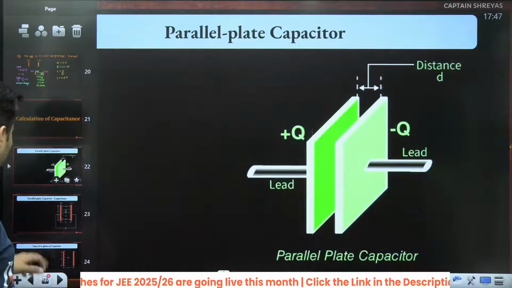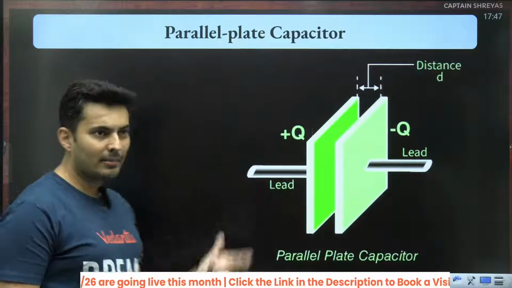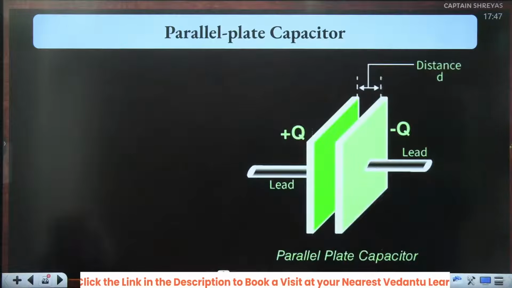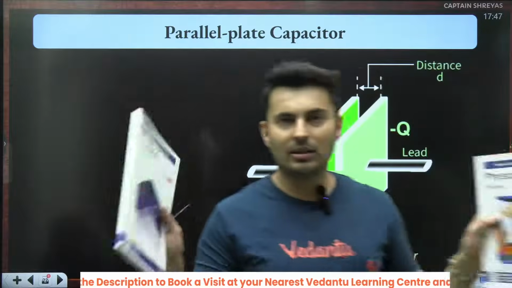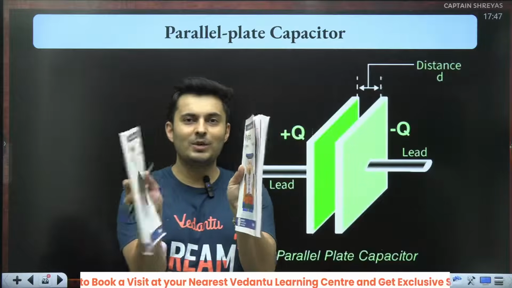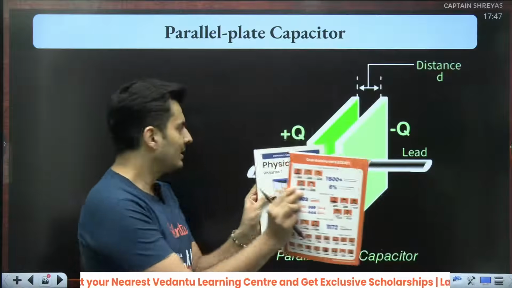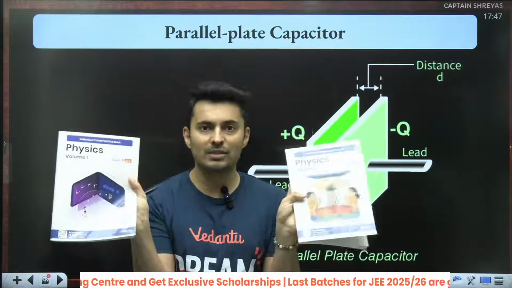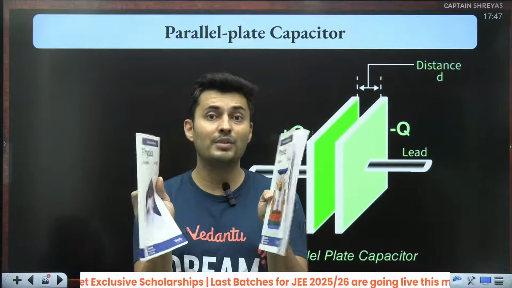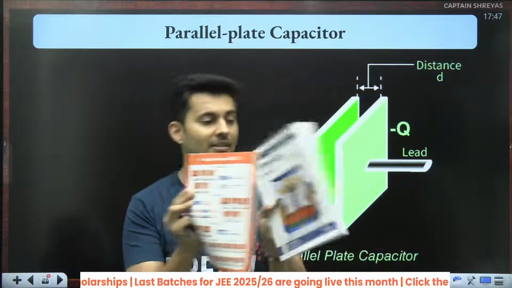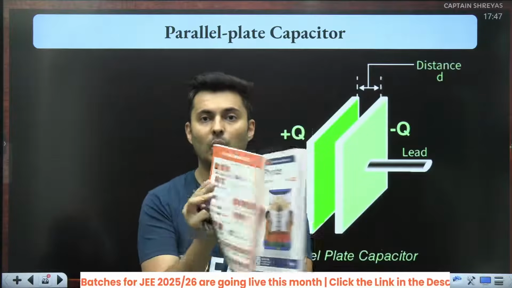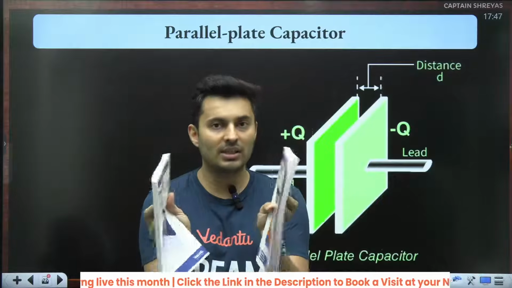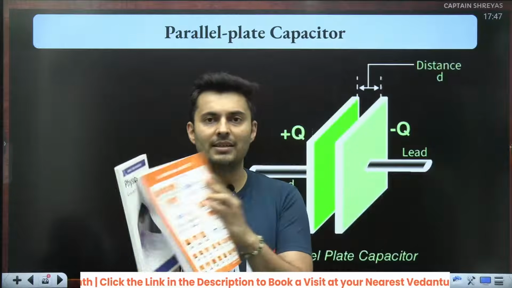Now, first of all, when we talk about a parallel plate capacitor, meaning two parallel planes, it will be something like this. I'm just showing using Tattva books over here. So imagine two plates in front of each other. The cover pages which you see, these two cover pages are the ones which hold the charge. The back sides do not hold any charge. The front sides hold the charges. One is positive, one is negative.